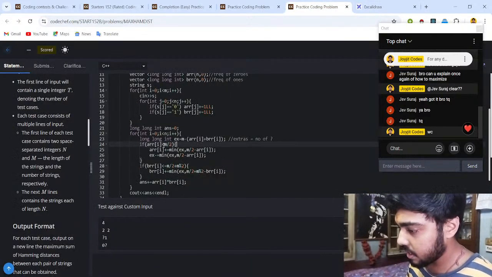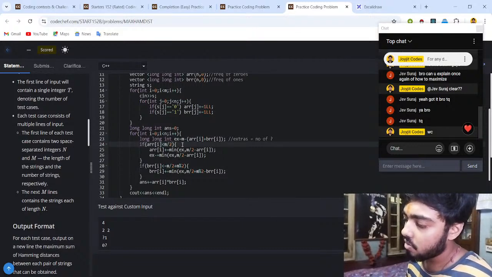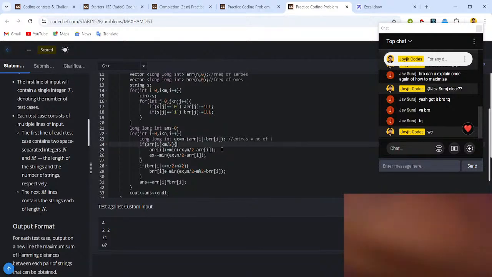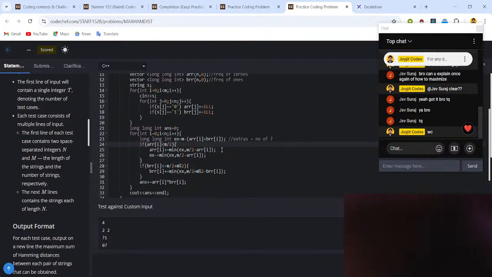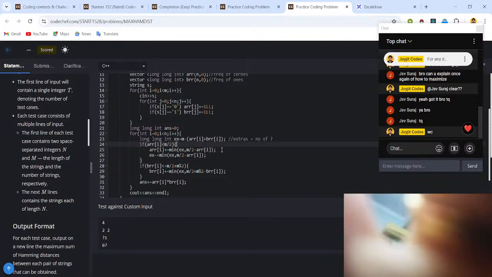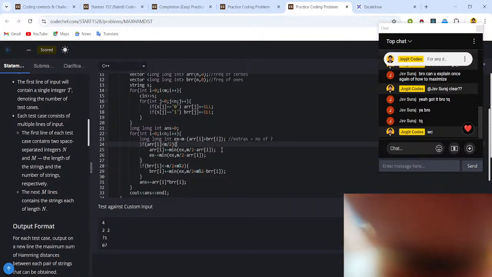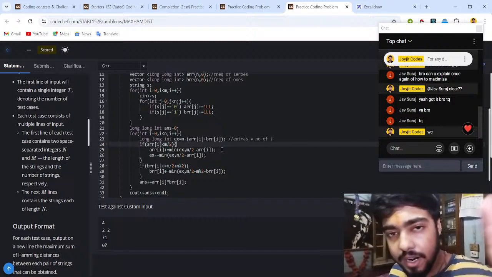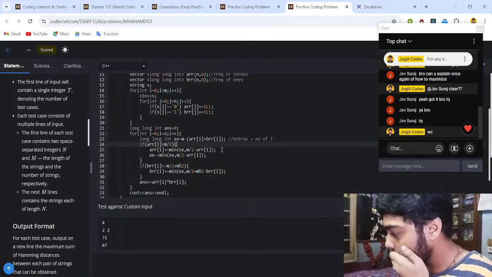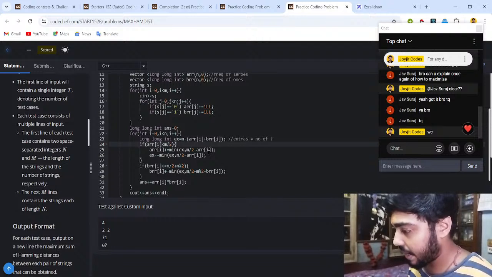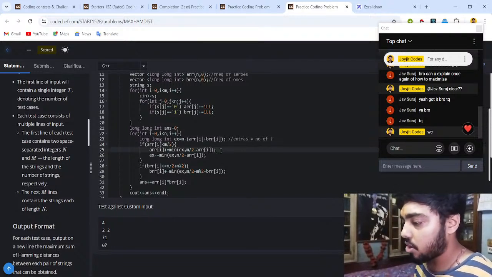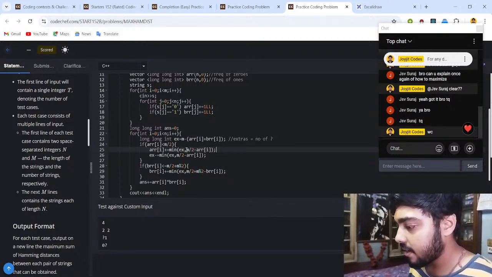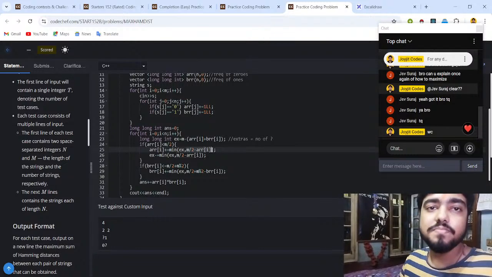So if it is lesser than m by 2, from the extras I can contribute as much as possible to make arr of i equal to m by 2. So that is what we are doing. Whichever, like m by 2 minus arr of i is,